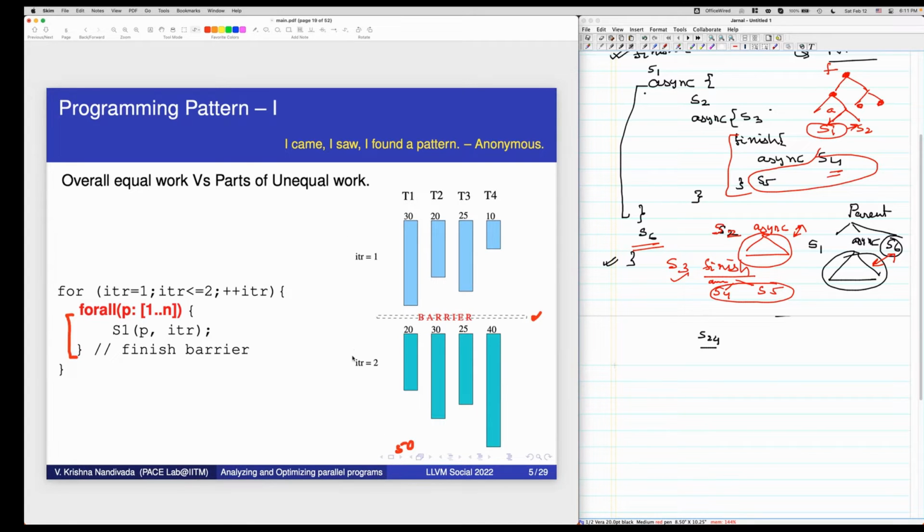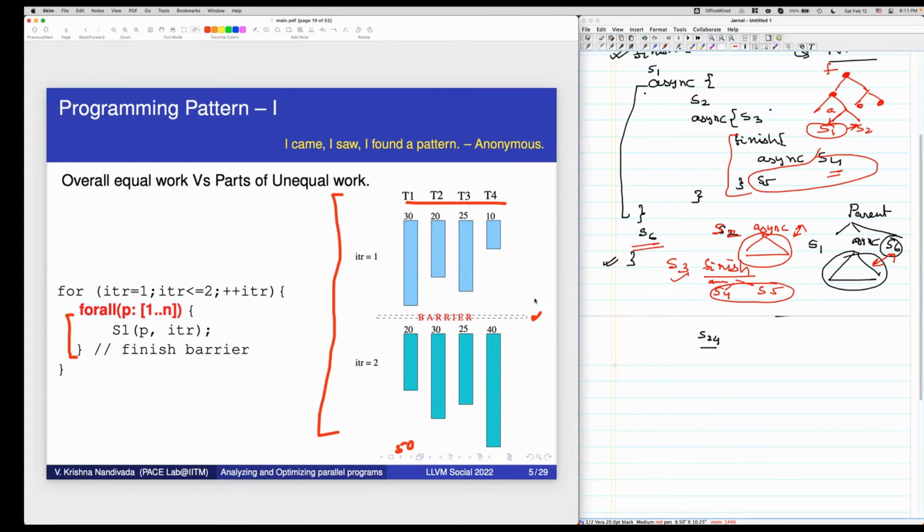How much time will it take to execute this whole code? How many units of time? Anyone? 100. Why did you say 100? Because there's a barrier in between, so everybody will have to wait. T3 is coming in at 30, and then 40, so 30 plus 40, 70 units.